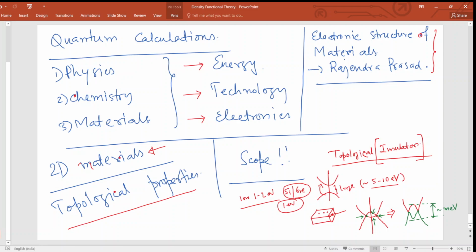That is typically on the order of milli electron volt, so let's say 5 milli or 10 milli electron volt. That is called a non-trivial band gap, because it is not something which is intrinsically appearing in the system, but happens as a result of this overlap. You can also call this band inversion.